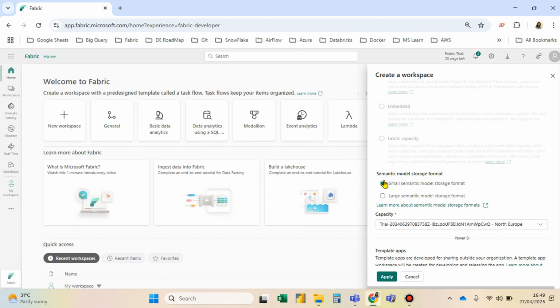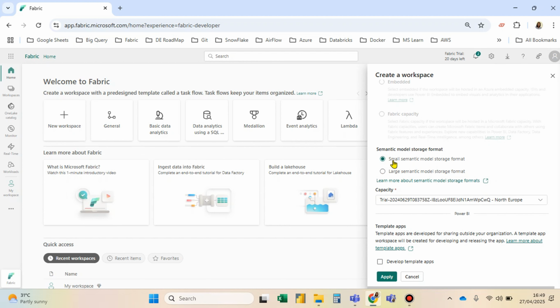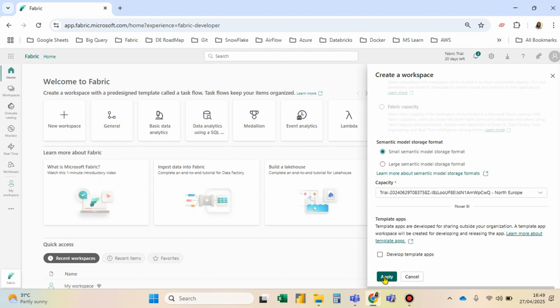So another part is the type of semantic model storage format. This actually depends on the workload. Typically I would go for a small semantic model if it's a private project, but if you know the capacity and the workload, you can pick the large semantic model. So for this tutorial, I'll just go with the small semantic model storage format. Then I will click on apply,